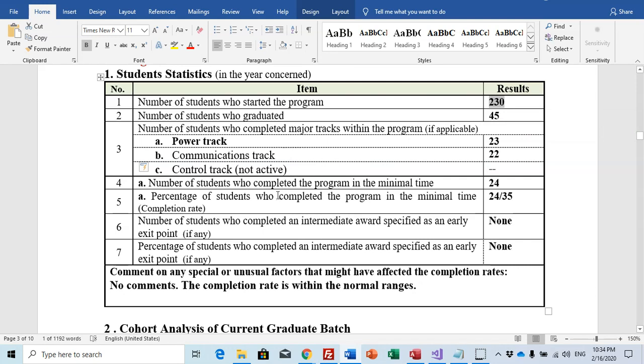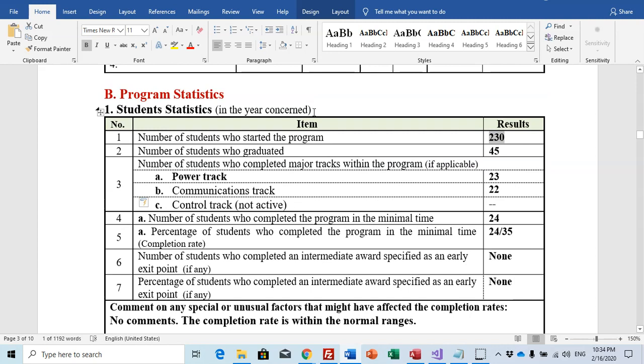It is not the whole total, because we said it concerns the year. So here, for example, new students in this year, for example 58, which means new students, 58 students, they graduated or completed 45. Which means my program increased by 13 students.